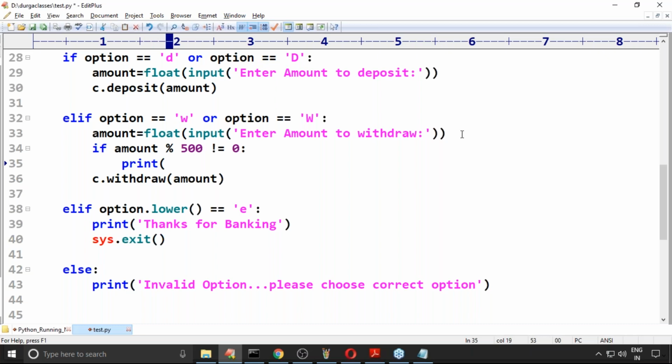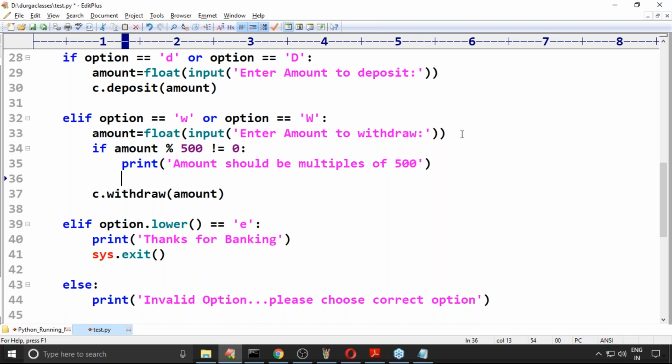Print: amount should be multiples of 500. That's all. Now you can ask the user to enter the correct amount.